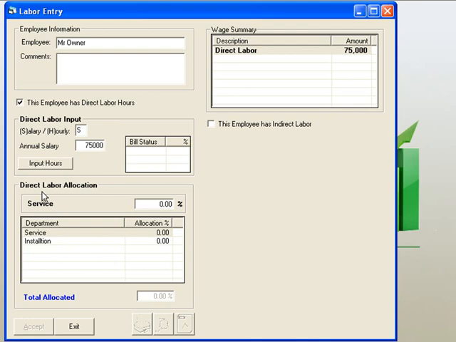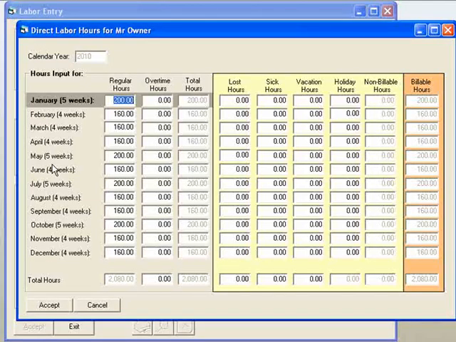Now, even though the owner is paid salary, because he's a direct labor employee, we still need to take a look at his hours and make sure that this is accurate, because his time is being billed to the customer in this particular example. Okay? So this is an owner that works in the field billing the customer. He's active in the actual work. So as the owner, again, we'll say 50% of his time is